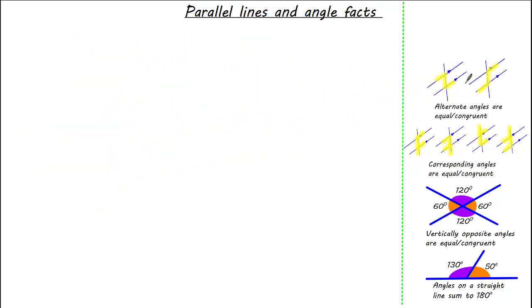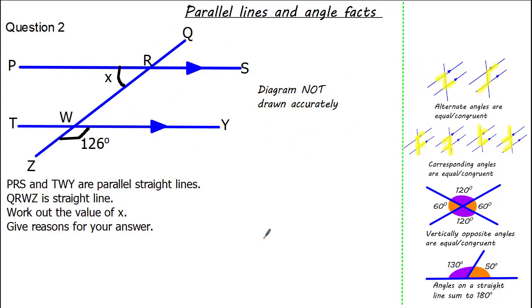Moving this to the side, we now have 4 angle facts. So let's try another past exam question. Notice it says diagram not drawn accurately, so we know we must calculate the answer and not measure the angles with a protractor. The question states